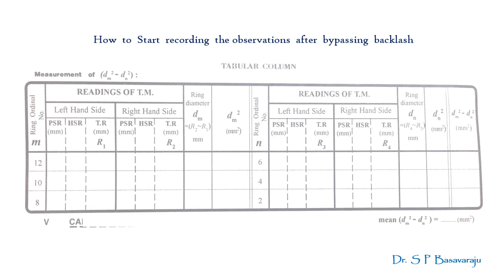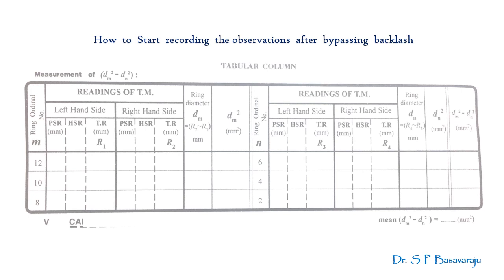As you see in the tabular column, your first reading is for the 12th ring left side. Please note here LHS means the left hand side, that means to your left side. Now it's a bit unusual about how you take the first reading. First, you will start by moving the intersection point of the crosswire from the center of the ring system towards your left by turning the drum. Count the center spot as 0. As you pass across the rings, keep counting only the dark rings, but you must go a bit beyond the 12th ring, say up to the 14th ring and stop.